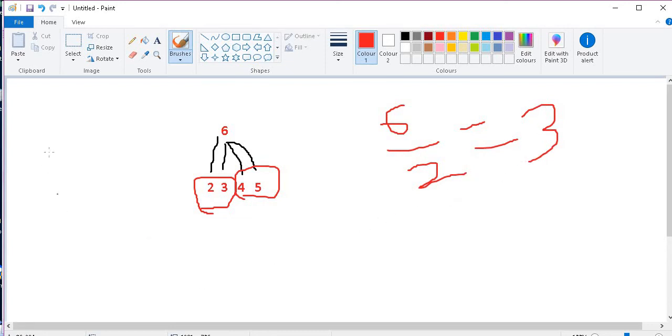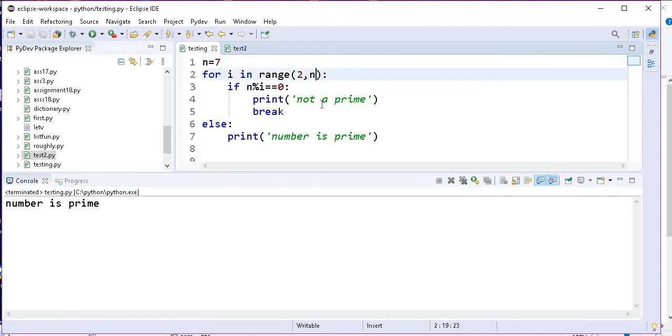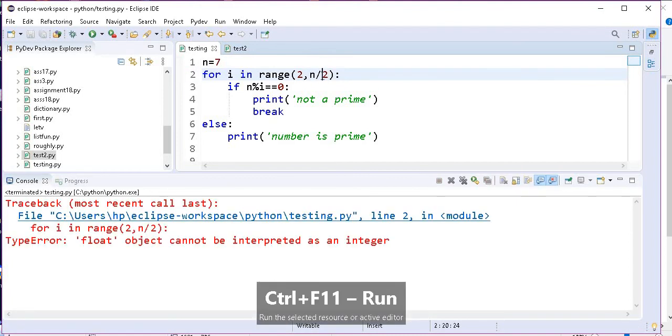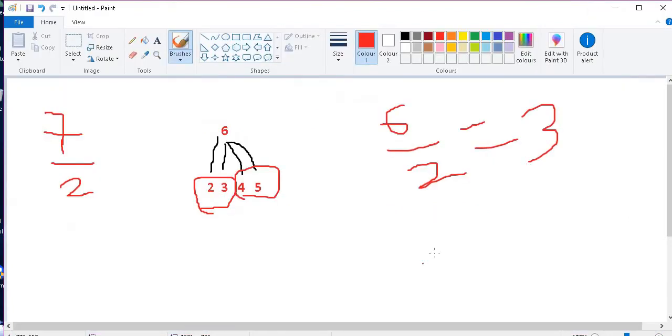But what if it is 7? If it is 7, 7 by 2 is 3.5. If you check the code until n by 2, that is here 7 by 2, we are going to get an error. See? Because 7 by 2 gives the value 3.5.